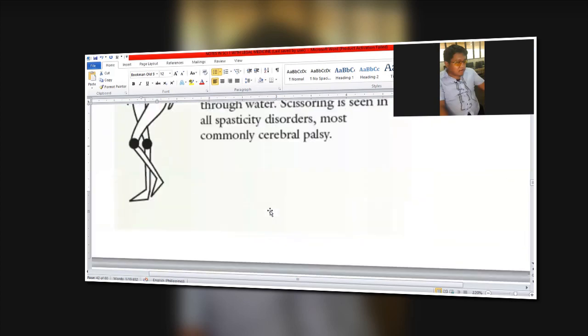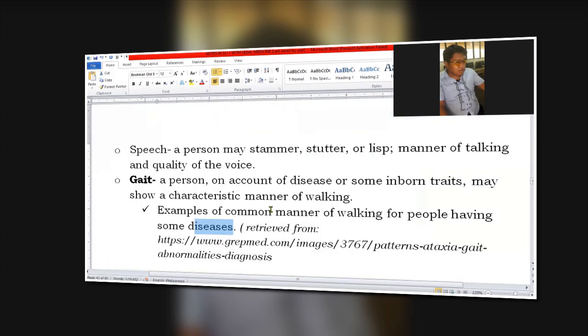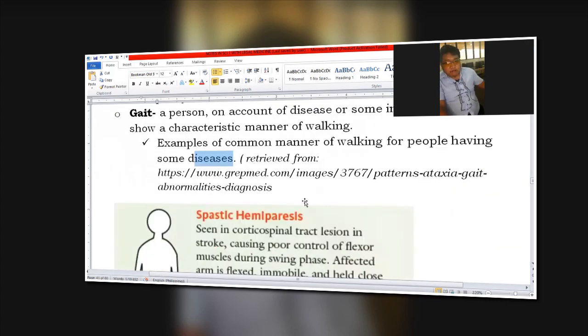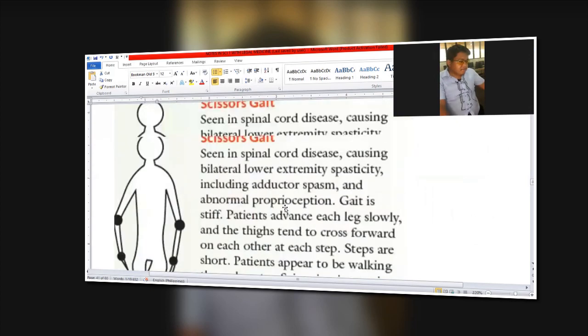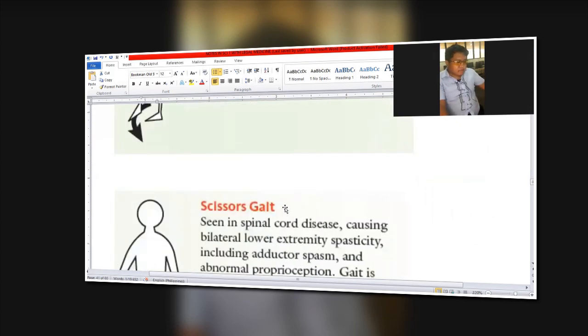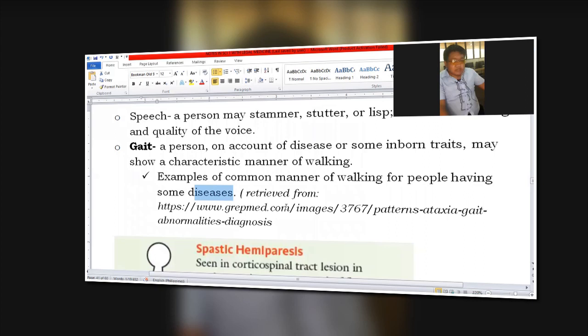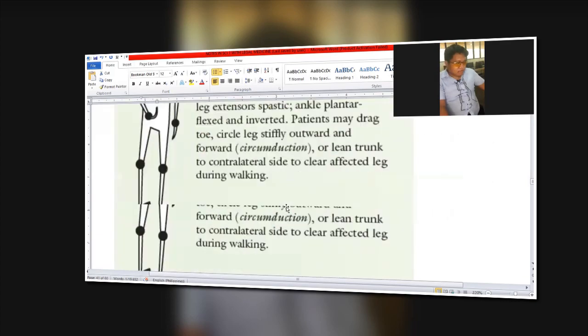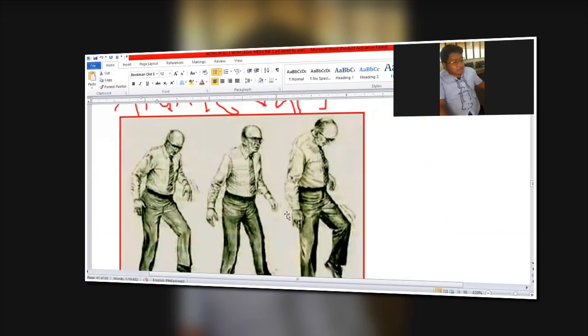Alright, so these are some of the examples of gait, and there are many others. Meron ding frog gait, cow's gait. Yan. So tingnan nyo kung paano maglakad ang cow. Yan, ganun ang paglalakad ng tao na yan. No? So marami. Okay, but the point here, ladies and gentlemen, is we can identify the person by virtue of his manner of walking. Yan, manner of walking. Okay? So next is